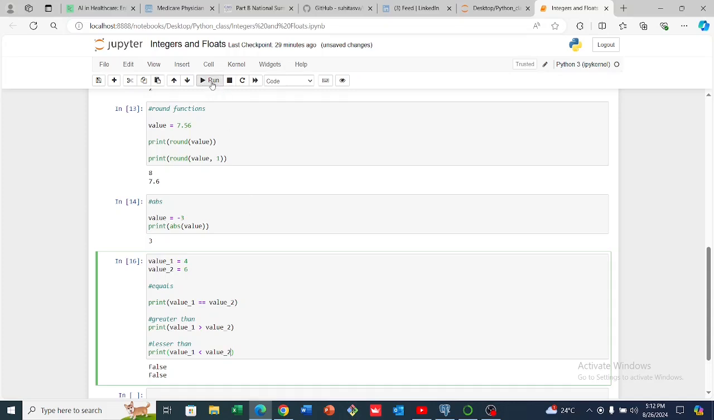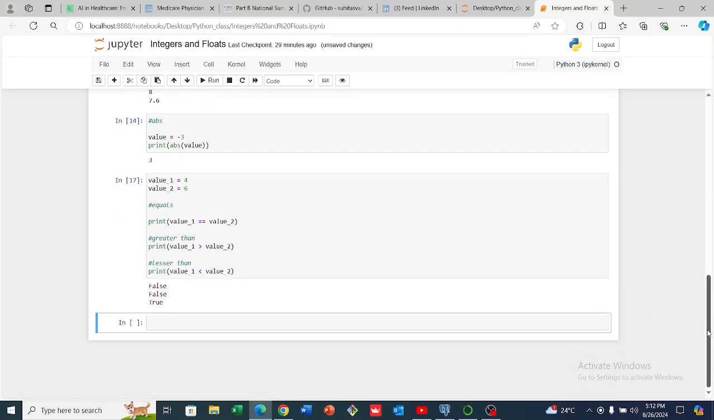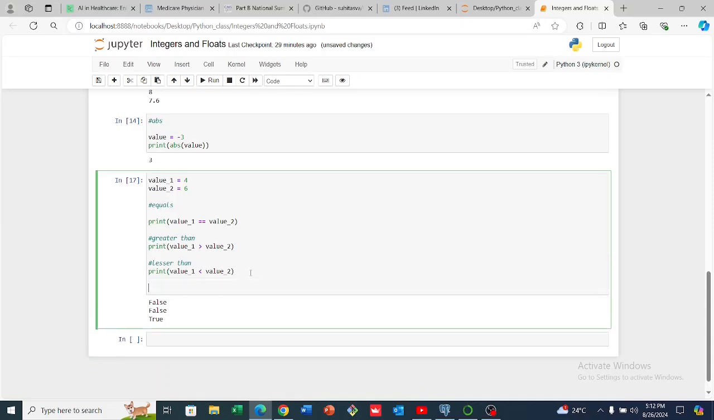Okay, so let's go ahead and run this. So we got a true. Another thing we can check, we can also check for less than or equals to, greater than or equals to. So to check for greater than or equals to,